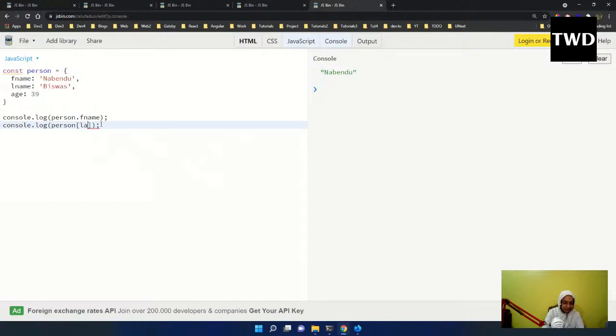I have to give a last name, but I cannot give it like this. I have to always give it inside quotes, single quotes. Yeah, single quotes only, better to give in single quotes. Okay, so this thing is in quotes. And if I clear it and run it, it will also give me this thing, but most of the time we prefer